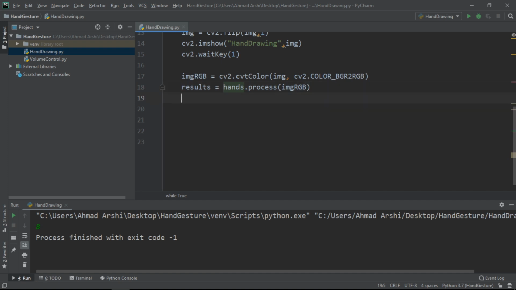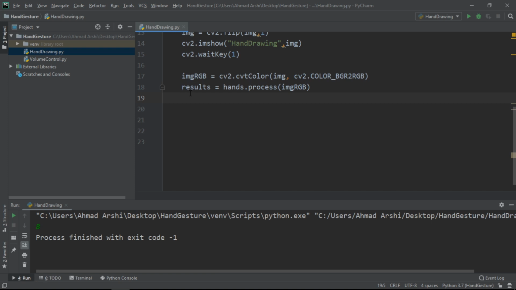Now what will this results include? It will include all the landmarks and all the information: the coordinates of the hand, the coordinates of the fingers, and all that stuff is available inside this results.